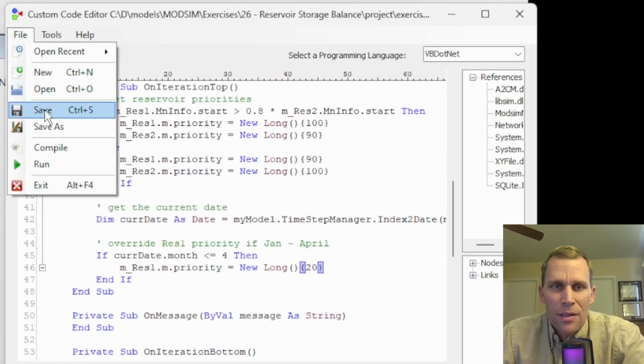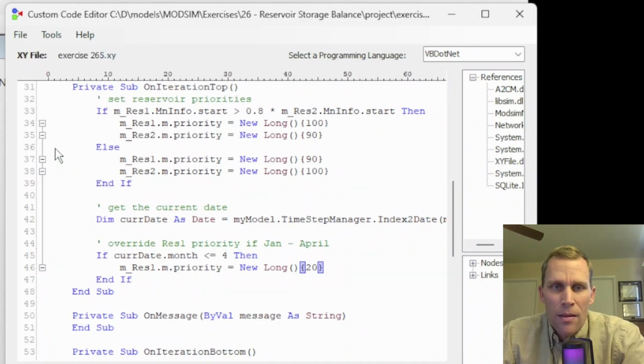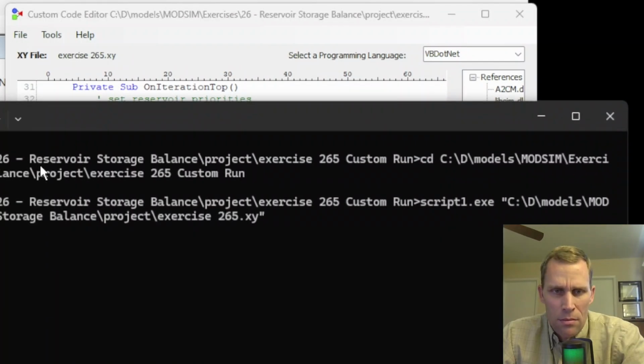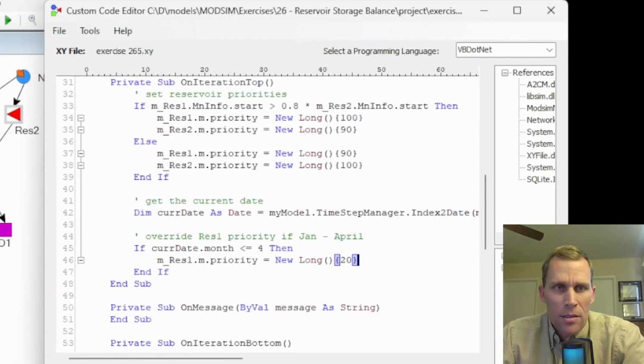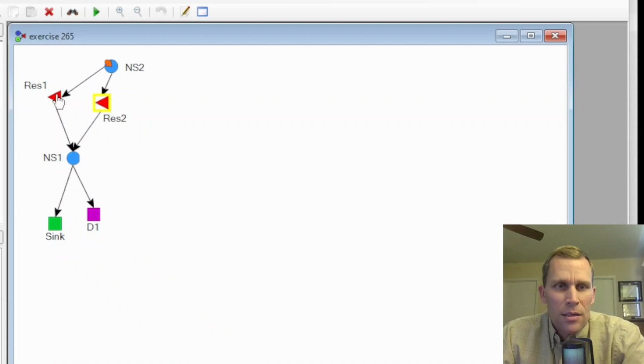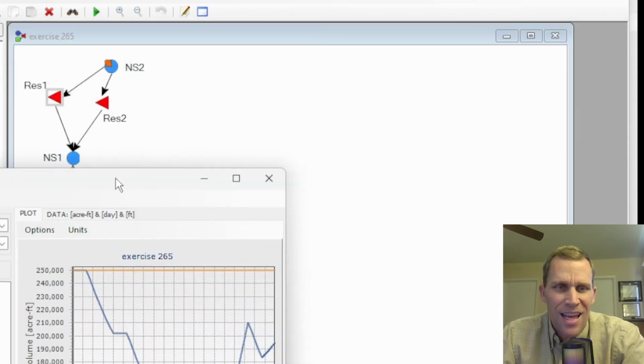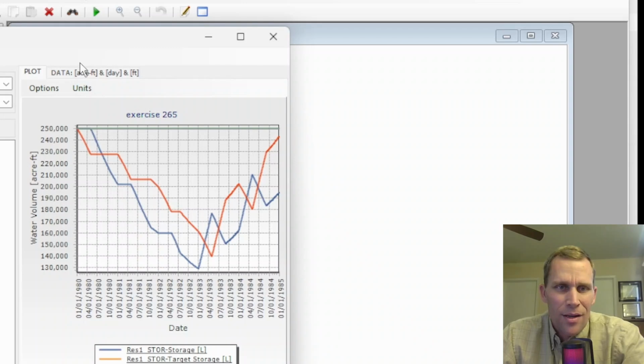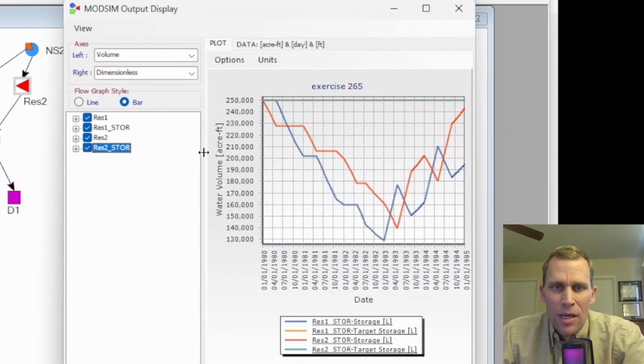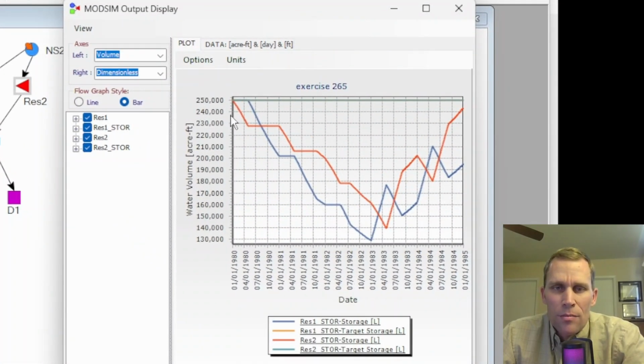I'm going to go File, Save, File, Compile, click Yes, and then ready for a file run. Okay, this might be pretty interesting. Let's take a look at our results from Res 1. Okay, and then Reservoir 2. All right, interesting. Well, I think we're getting a little carried away with our controls here,